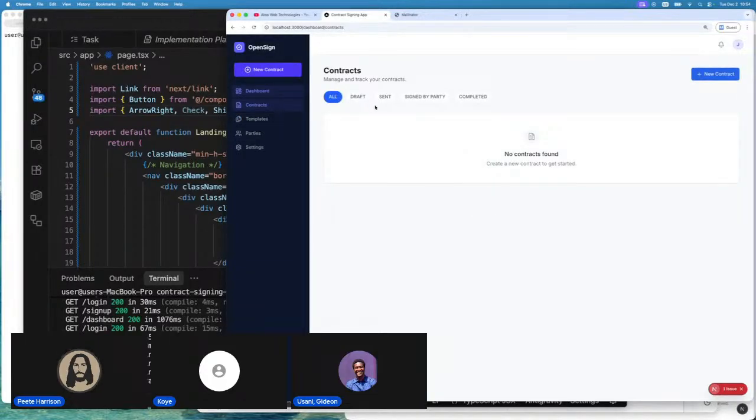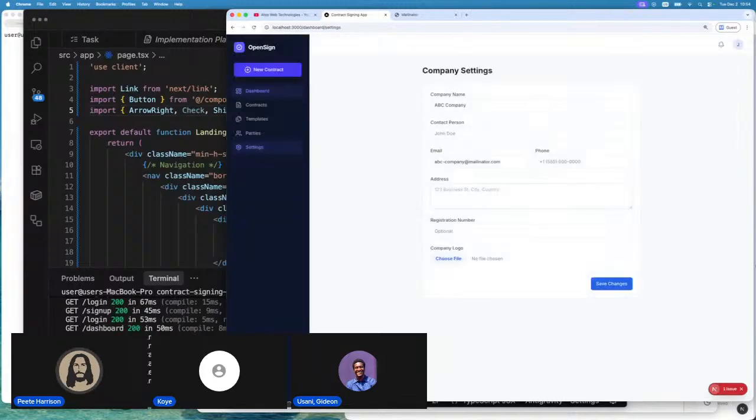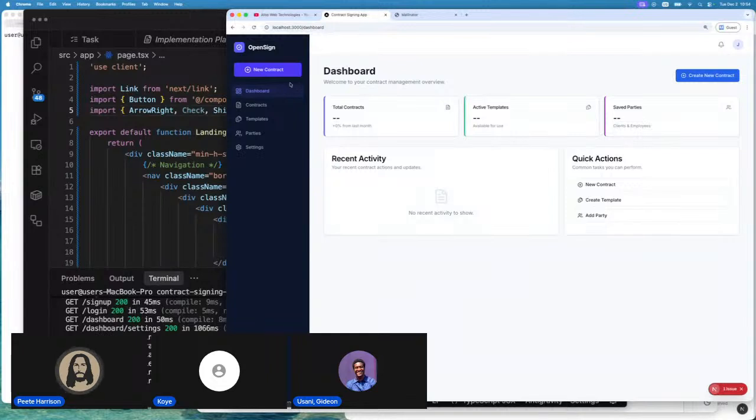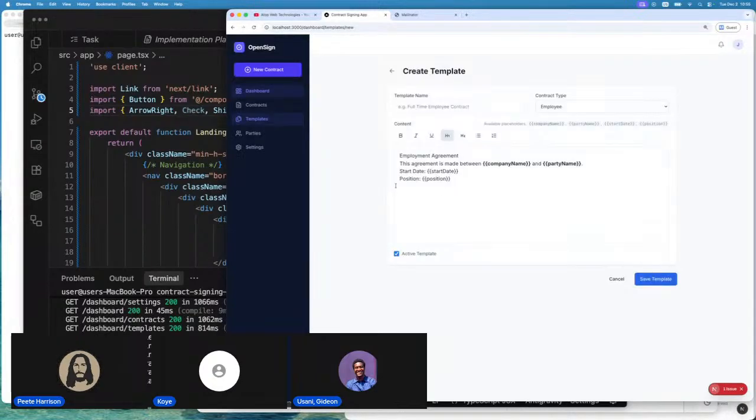Okay, we have all drafts, sent, signed by, then completed. Let's see some template here. So you can create a template, and there's no parties. I think that is it. We're almost done with this. Almost. So let's initiate a new contract. First is to choose a template, which of course we don't have any template. So let's create a template. Then